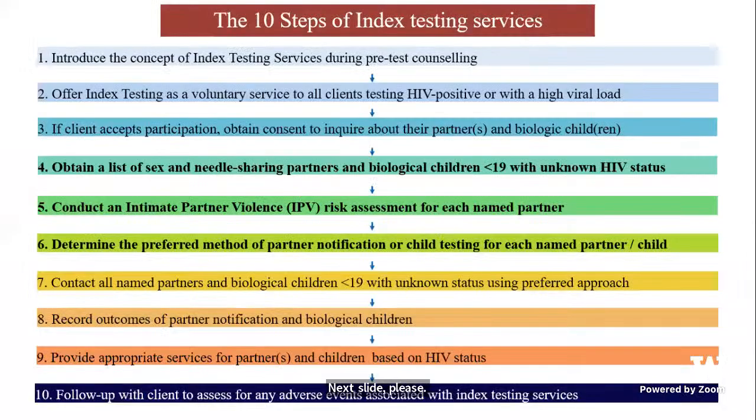The next steps, 4 to 6, can be taken at any facility. There may be a person who agreed to participate, gave consent, and shared their partner details during the visit at ICTC, but after that the client did not visit ICTC again. So steps 1 to 3 were undertaken by ICTC, and the ICTC counselor may inform them, okay, step 4, preparing the list, was done. Then the ICTC counselor can inform this client,